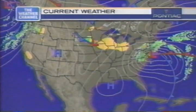To the west, heavy rain and strong winds are poised offshore. The storm is set to strike western portions of Washington and Oregon tonight. Big story we're watching today, rain and wind in the middle Atlantic, and we'll be back with that in just a minute. But